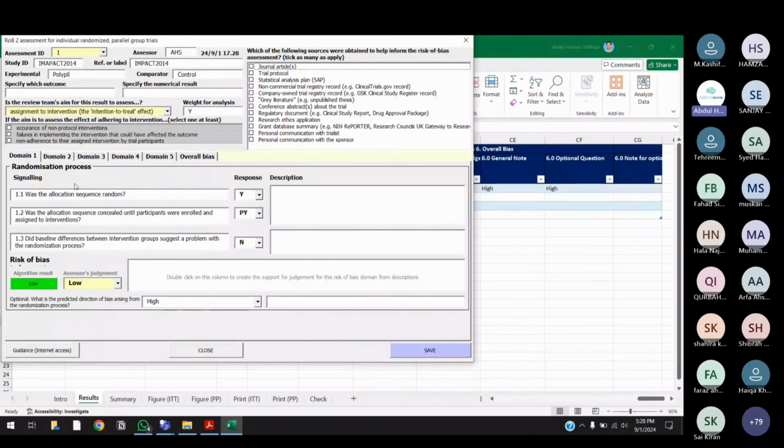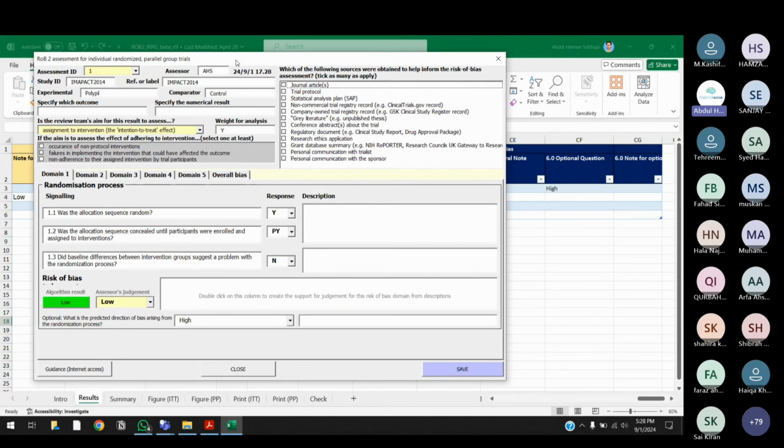Alright, so I have clicked on the rock to assessment form and a dialog box has opened for me. Can everyone see this on the screen? When I clicked on the rock to assessment form button, this opened. This is what opened for me when I clicked on the button. Okay?